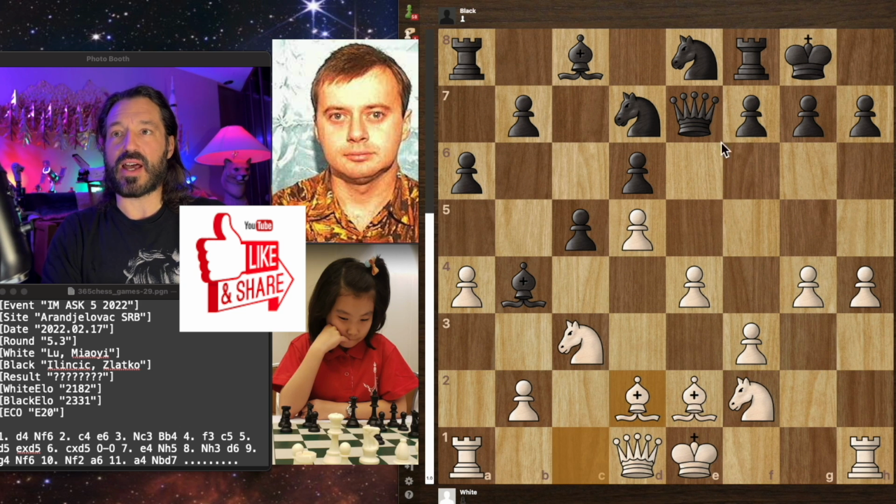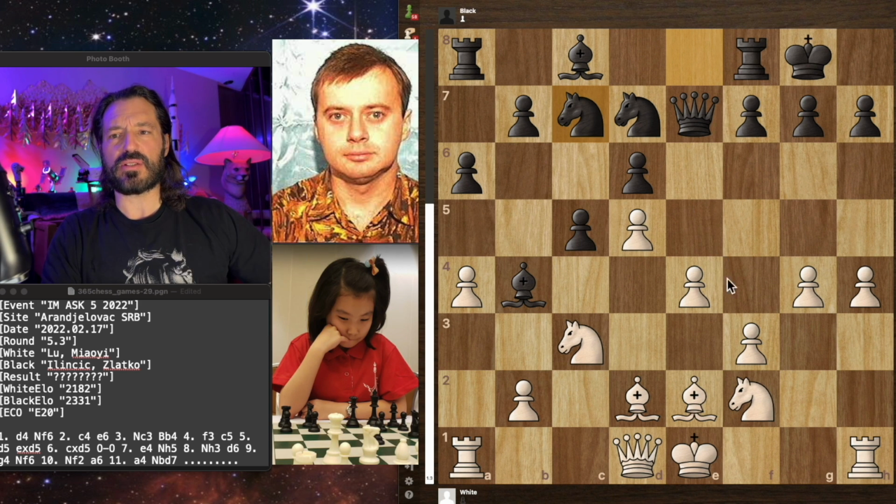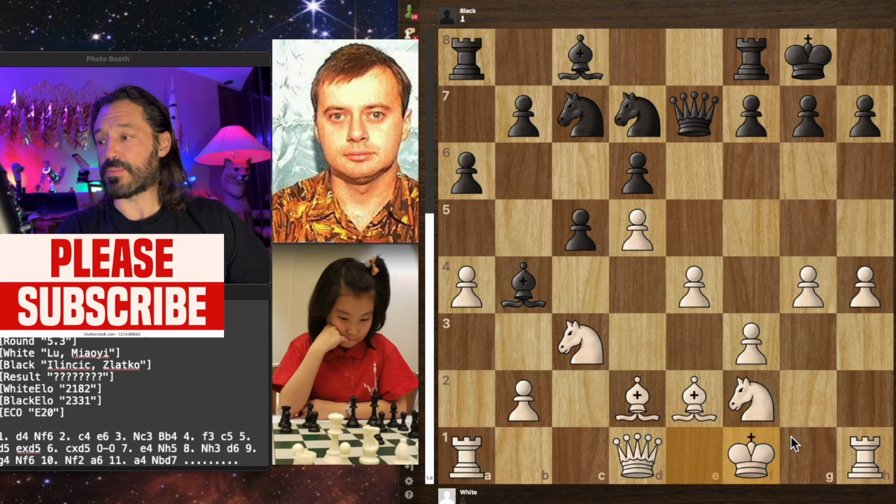And the grandmaster now repositions that knight again. So from f6 to e8, and now going to c7. So knight e7 on the board, and Lu Miaoyi actually moves her king to f1. So obviously foregoing her right to castle, and this is actually the best move in the position as suggested by